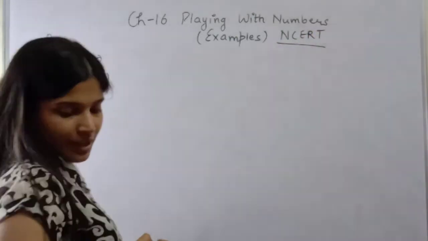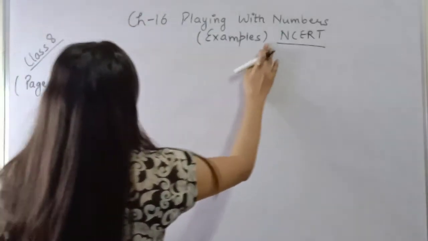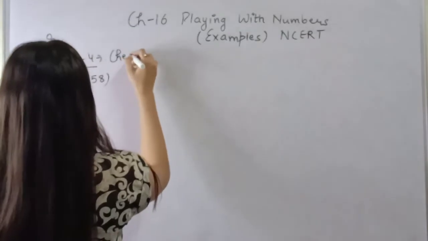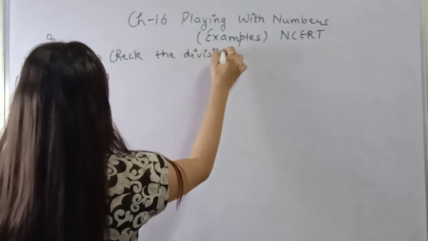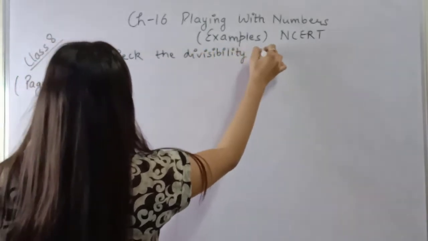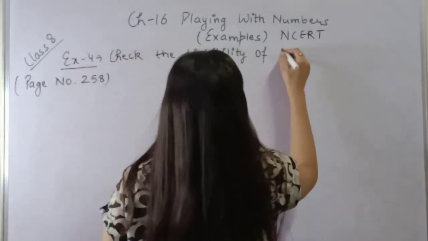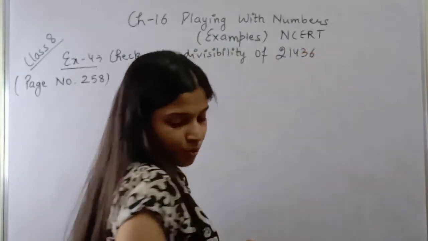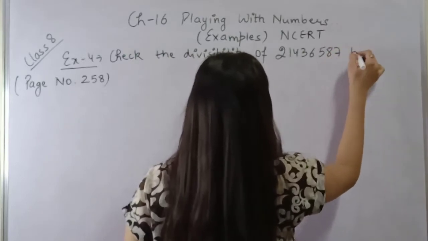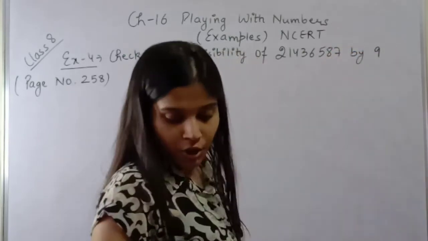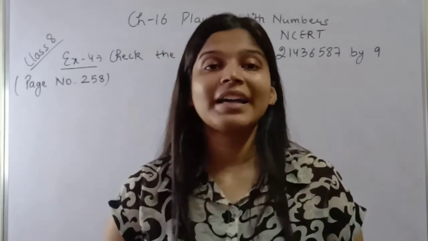Okay, so example number 4 says check the divisibility of 21436587 by 9. So in this example we have to check the divisibility of this number by 9, which means that